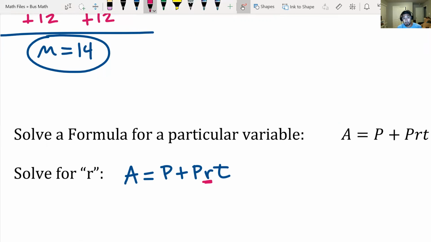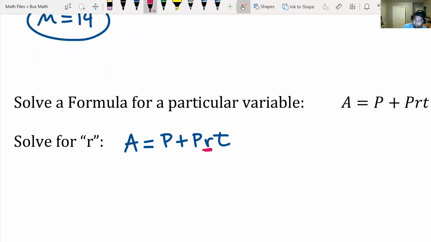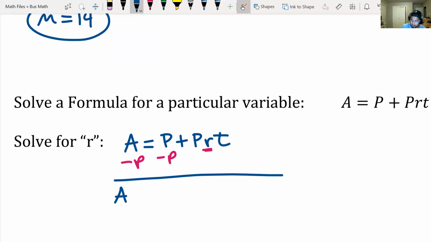So if we're going to isolate PRT, the first thing we should do is move over that single P that you see there by itself. So we're going to take this P and subtract it to the left. And what we'll end up with is A minus P